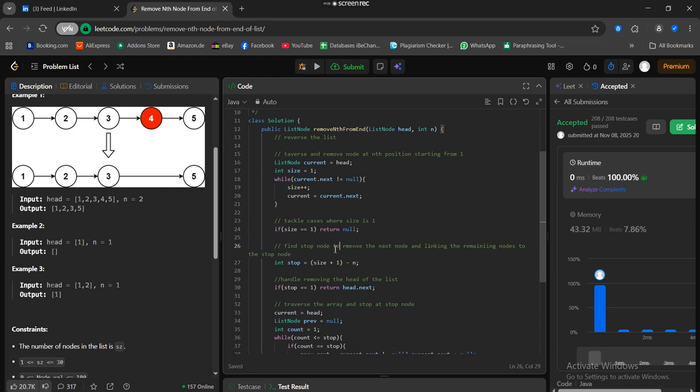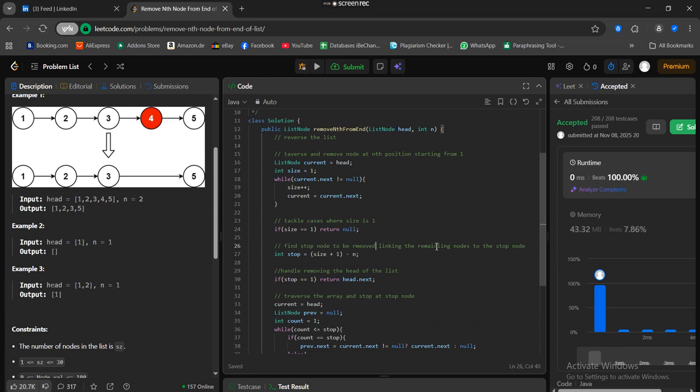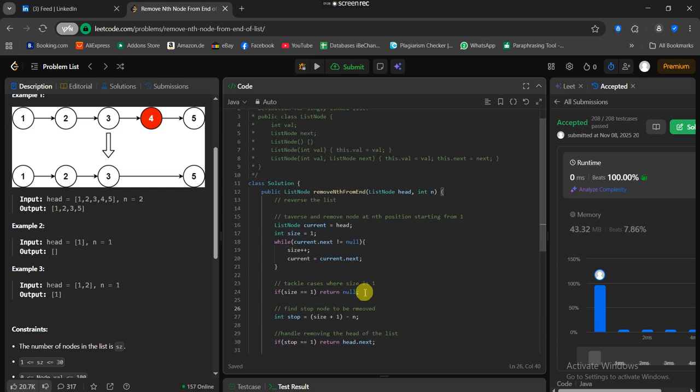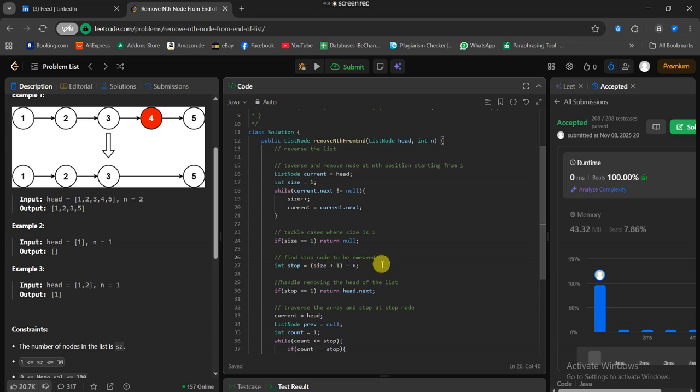Stop node 2, remove, not to be removed. So let's update the next node. So find the stop node to be removed. And then we start from the top. So we find the stop node to be removed, and then we